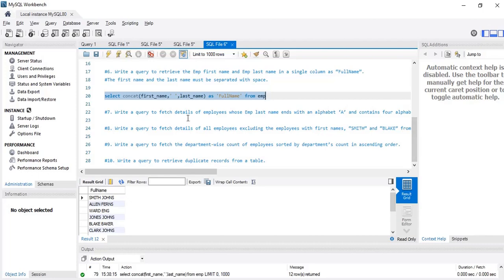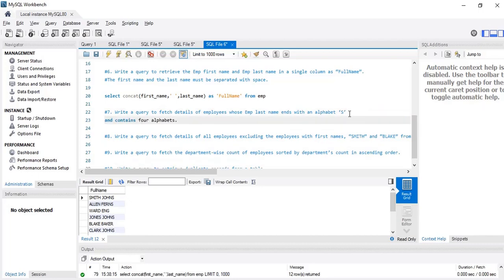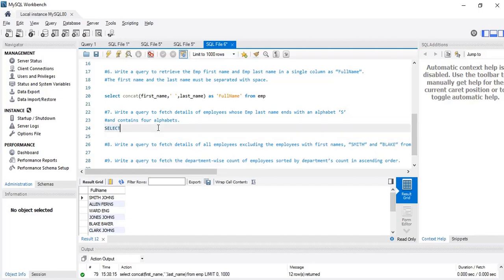Now let's see the next question, which is the seventh question. Write a query to fetch details of employees whose employee last name ends with an A. Let's change it to S actually, which ends with an alphabet S and contains 4 alphabets. Select star. Whenever we have some condition like this, that it needs to have this character or these many characters, that time we use like.